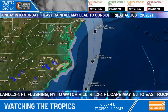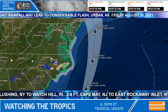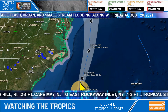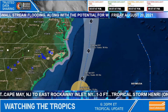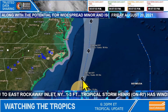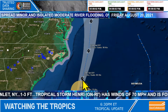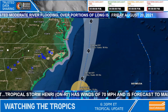Let me go over to GeoCollaborate and show you the vantage point of what it looks like from a geospatial perspective. So this is where we have Henri right now, and Henri is winds of 70 miles per hour. This is the area of tropical storm force winds that you can see. These are determined by measurements from the aircraft, the NOAA Hurricane Hunter aircraft, the U.S. Air Force when they fly in. And now it's forecast to become a hurricane by 2 o'clock in the morning. So sometime between now and 2 a.m., it's likely to become a hurricane. The Air Force reconnaissance flight that's in there now is finding winds that are conducive to strengthening for Tropical Storm